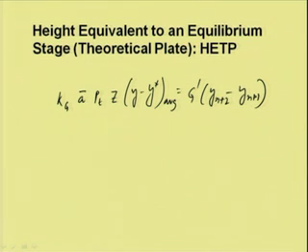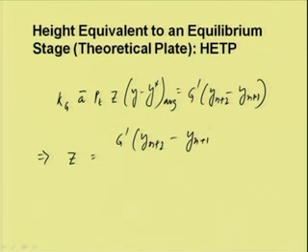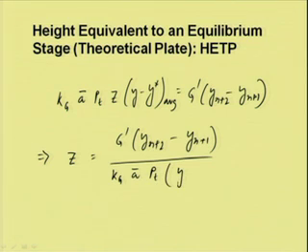So, from this we can calculate Z as G dash into y n plus 2 minus y n plus 1 divided by kg a bar pt (y minus y star)